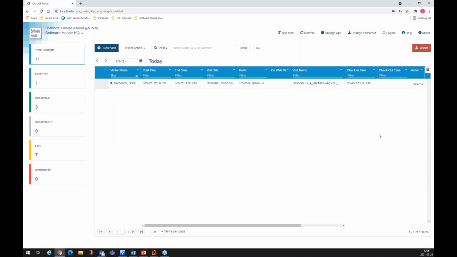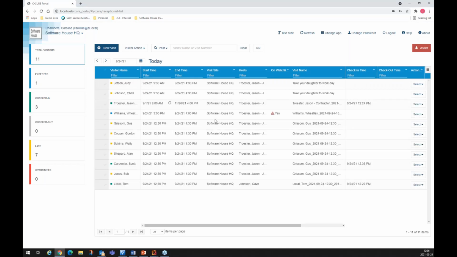We're ready to go. Now that we need to get our list back to our full list so we can see everyone who's coming in, we'll just go ahead and click this little X to clear the filter field, and we'll see everyone again. One of the records that may come to your attention is Wheatley Williams here, who is